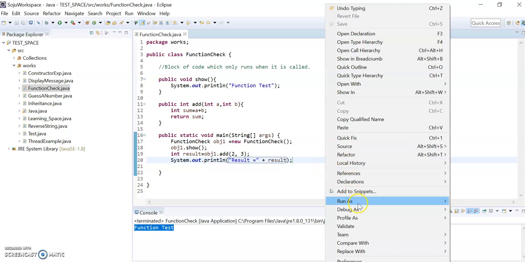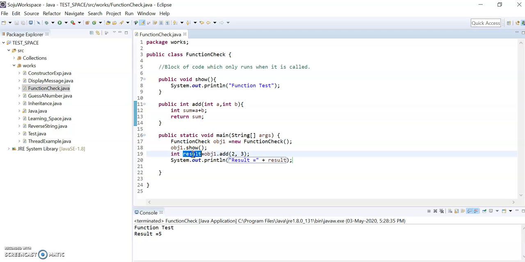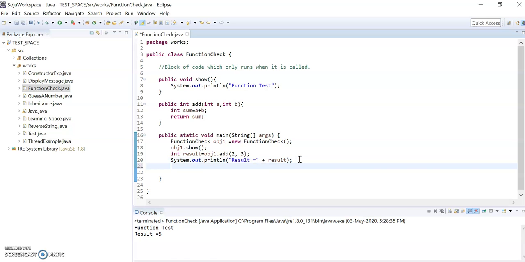Now if I run it, we are getting the result 5. So the 2 plus 3 values are passed to this function and it is returning the sum. The sum is coming to result, and finally we are printing the result. And now I am going to go to some advanced level.